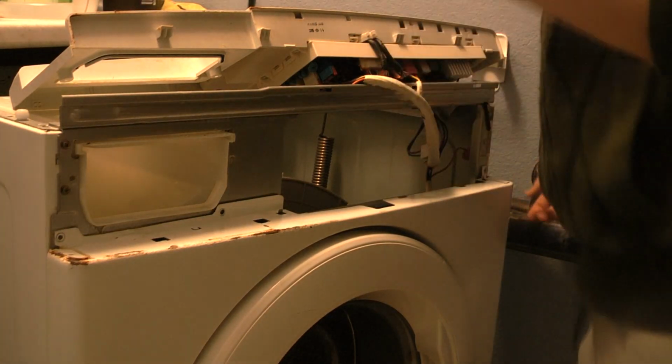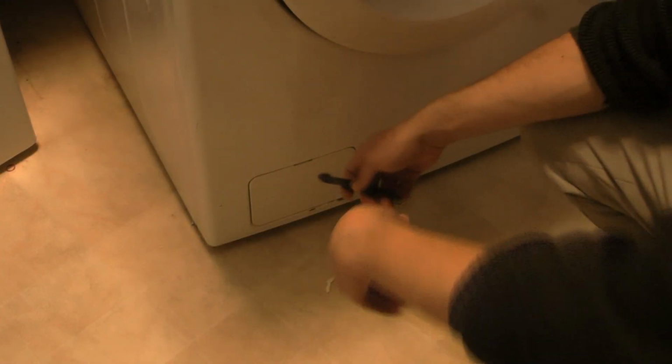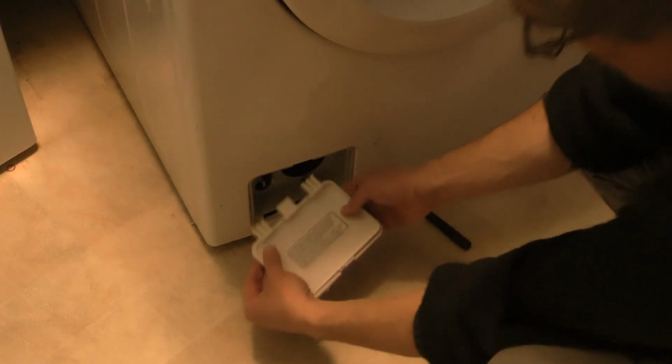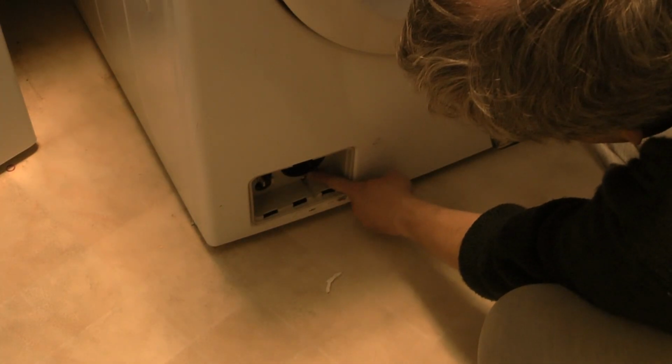It's very sharp. Oh, forgot one thing. At the bottom there is a screw. So after removing the screws on the top, let's remove the screws at the bottom. Let me take out the plastic housing for the external filter. There's a screw in here,